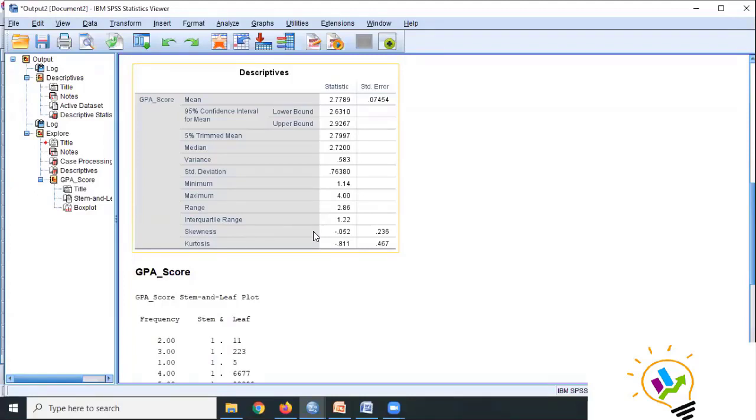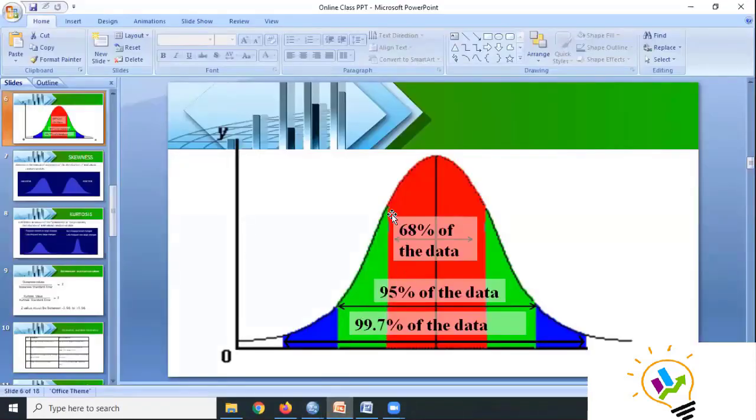What I'm saying is, once the measurement type is decided, we need to see the distribution. Generally, this standard deviation must be less than 1. Generally, if we go beyond 1, the distribution changes. Now you can see the diagram which I'm showing here. This red color is called 1 standard deviation. This green color from this point to this point is 2 standard deviation. And this is 3 standard deviation.